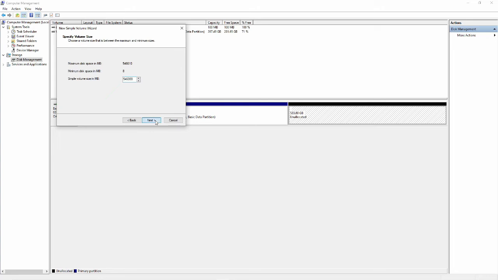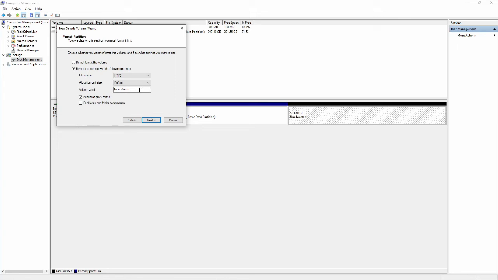So next, new volume. This will be named archive, like this.